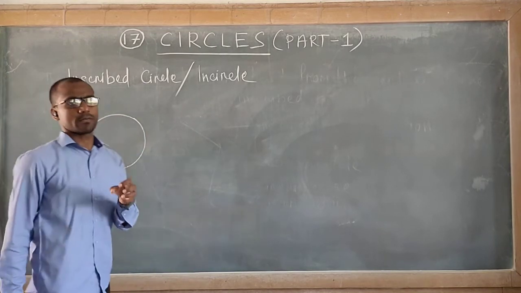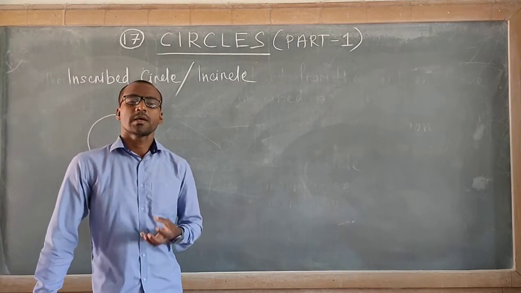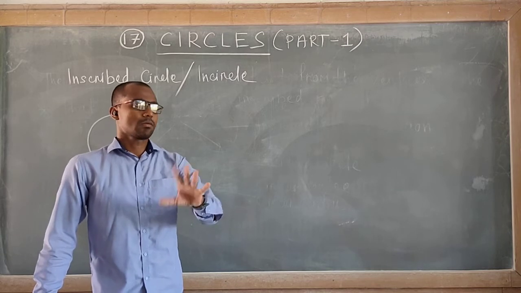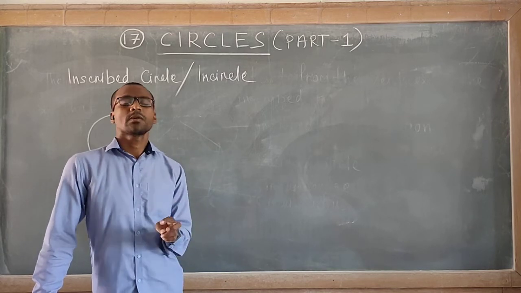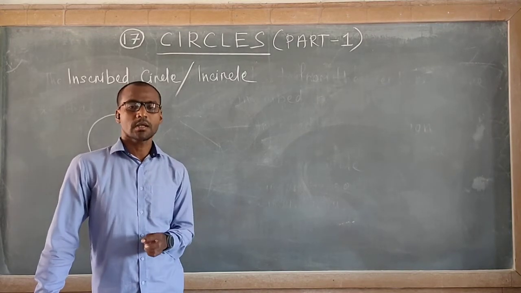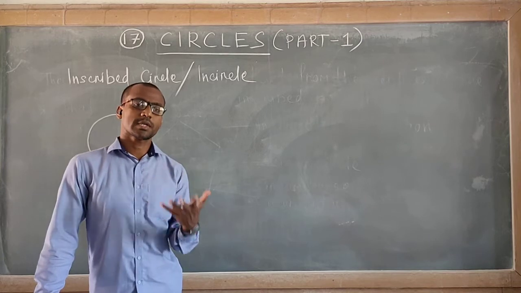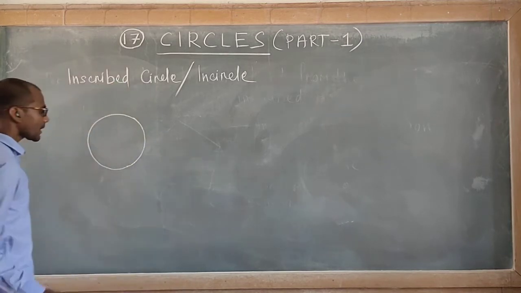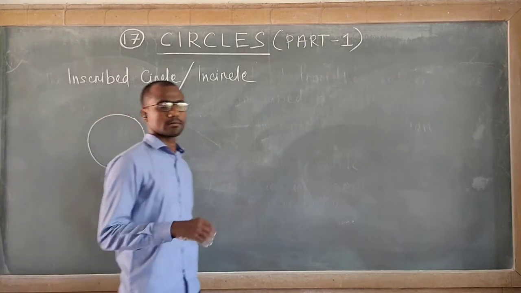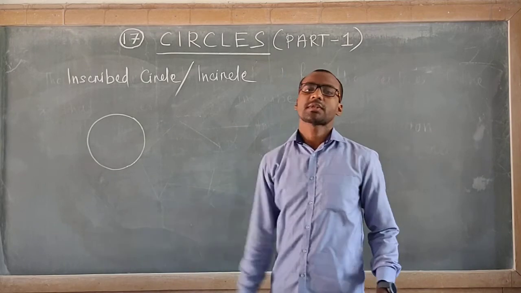Always draw the circle first. It's easier. If you first draw the polygon, it will be very difficult to draw the circle without using a compass. We are not using a compass here. So always draw the circle first. First I draw the circle. Now I will draw a polygon which will be touching the circumference of the circle.